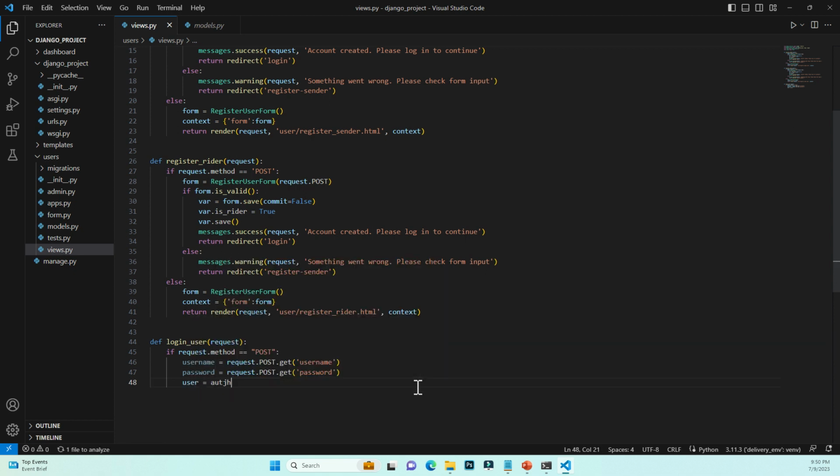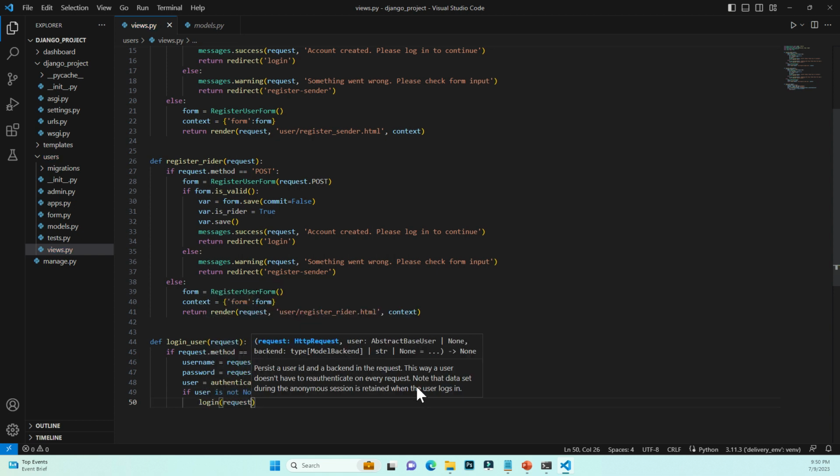User is going to be authenticate username, password, right? So if user is not None and user that is active,